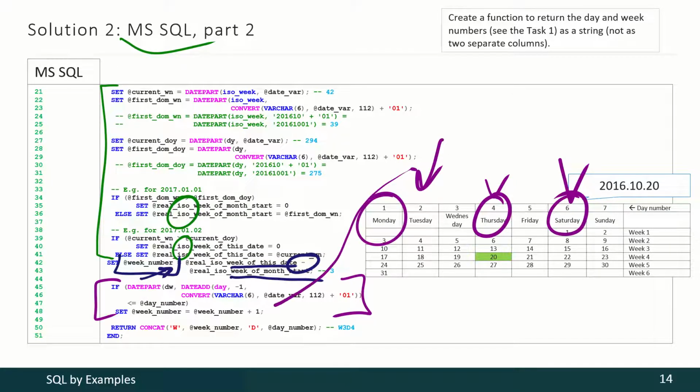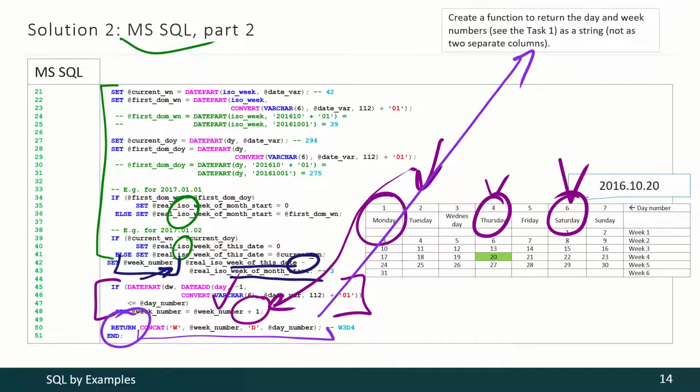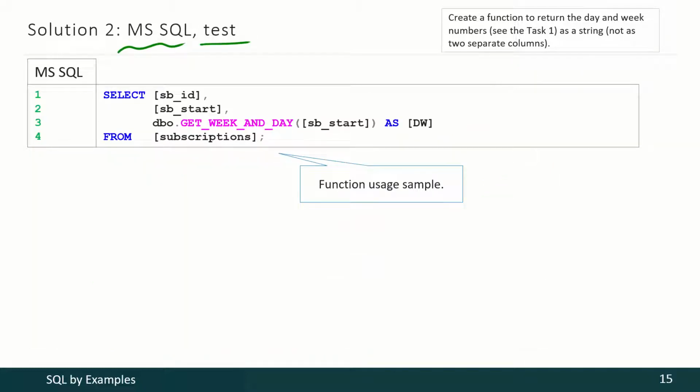And in the second case, we have to add 1 to the week number. Finally, we have to produce the result in the required format and to return it. To test this function in Microsoft SQL Server, such a simple query is enough. Here we see the function call, and that call will produce the final resulting data column.